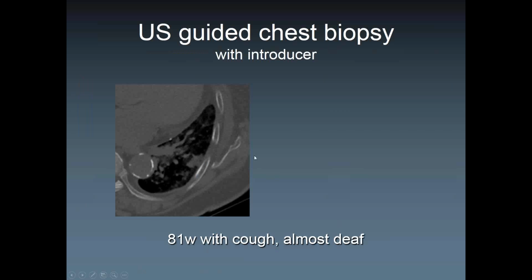This lesion is difficult to get to. Obviously, you have the scapula here, you have ribs, and it's in the lower lobe. So the lower lobe is notoriously difficult because of breathing motion, right? The upper lobes don't move as much as the lower lobes do. So whenever you see lower lobes, you kind of start to get a little anxious and have to really plan